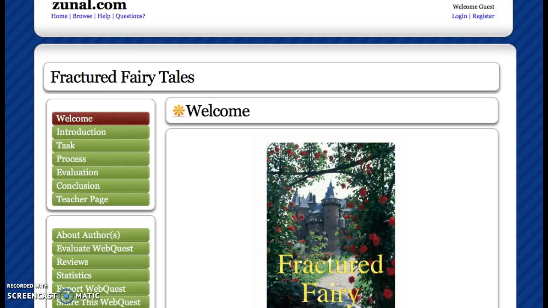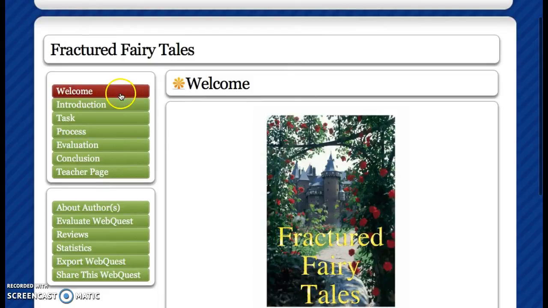Finally, I'm going to breeze through a WebQuest on Sunol.com. Sunol is a free web-based software for creating WebQuests in a short time without having to use HTML, and it has a large archive of usable WebQuests. This WebQuest is about fracture fairy tales. It has a welcome page, an introduction,